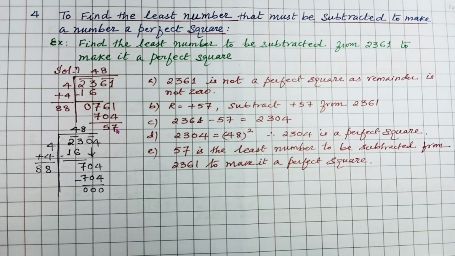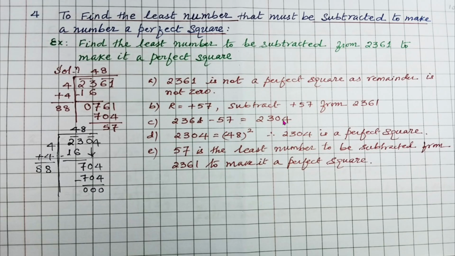That means if the remainder is 0, then 2361 would have been a perfect square. But here the remainder is 57. Therefore 2361 is not a perfect square. Rather 57 is the extra value which has to be subtracted from 2361 to make it a perfect square. So the number to be subtracted from 2361 is 57, and when we subtract 57 from 2361,